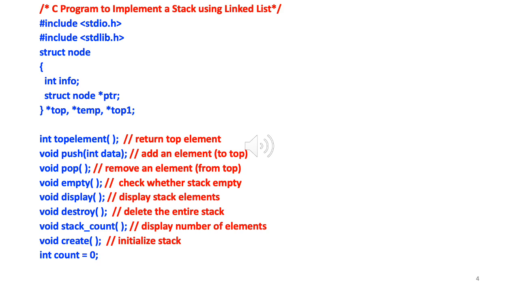Okay. And now what we have done is we have defined 3 pointers. So we know that when we want to define structure variables, we have 2 options. We can either define them in main, so saying like struct node star top in main, or struct node star temp in main, or we can define them within the structure definition itself. So here we have chosen the second option, defining them in the structure definition itself. So we define 3 pointers, right? Top, temp, and top1.